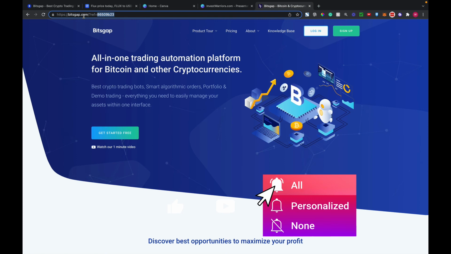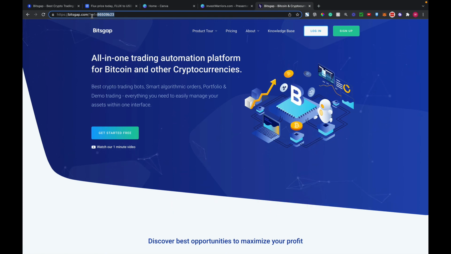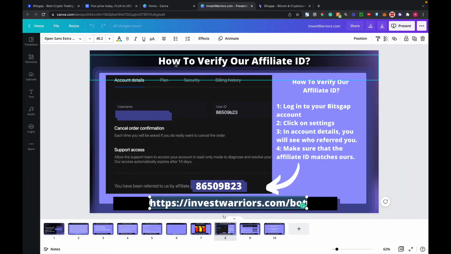where it says bitsgap.com/ref equals 86509B23. Once you do that and confirm and you sign up, you can also log into your Bitsgap account,